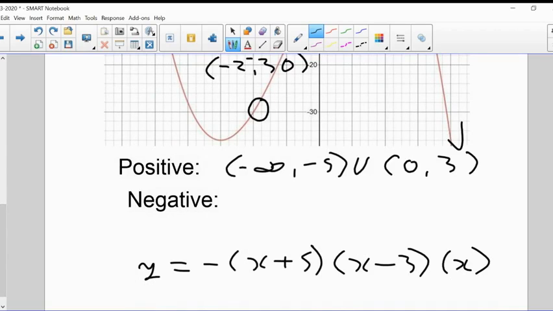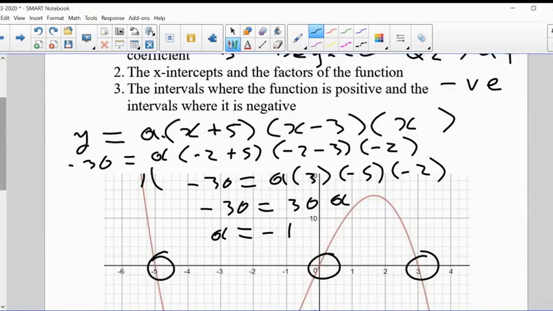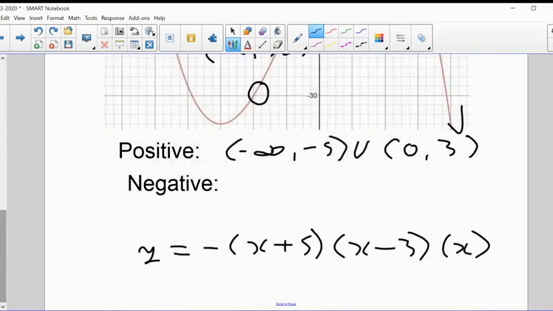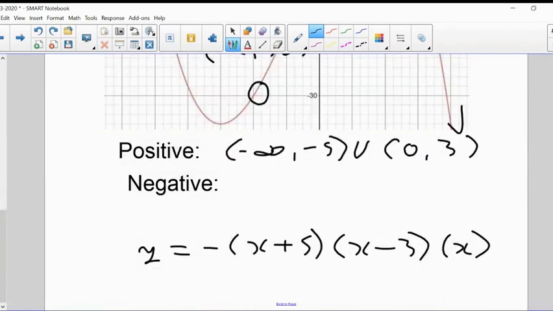Anywhere from minus infinity, to the left of minus 5, until you get to minus 5, at which point it stops being positive. And then it gets positive again anywhere from 0 up to 3, and after which it's no longer positive. Where is the graph negative? It's the opposite. It's negative when it's below the x-axis. So anywhere between minus 5 and 0 is where it's negative. So from minus 5 to 0 is negative, along with,